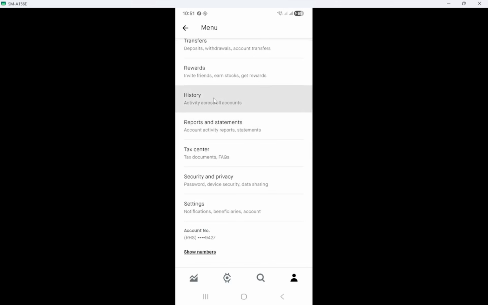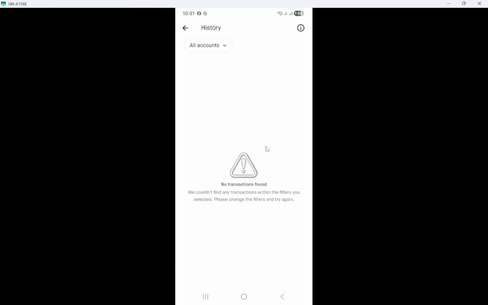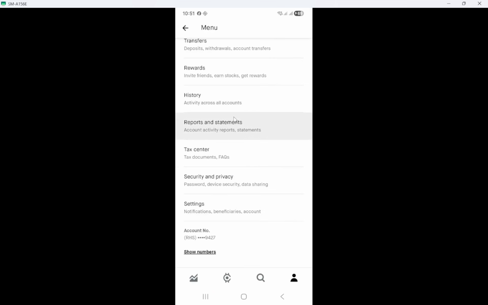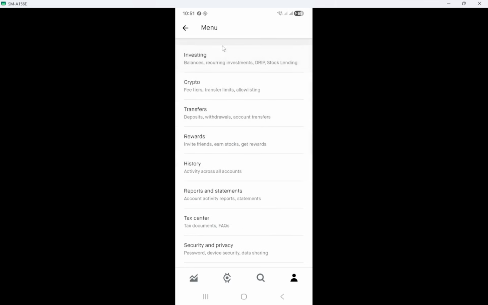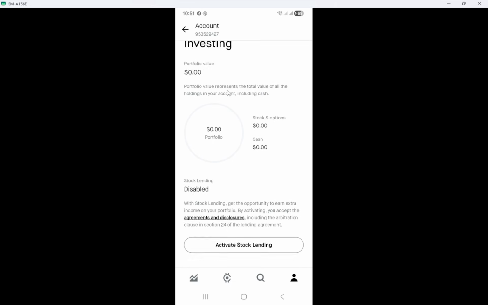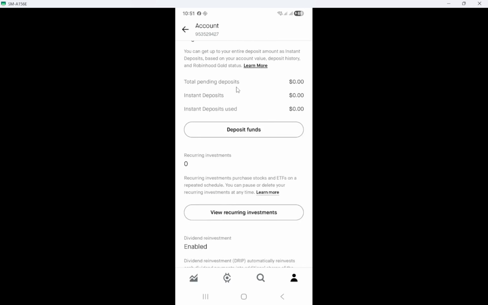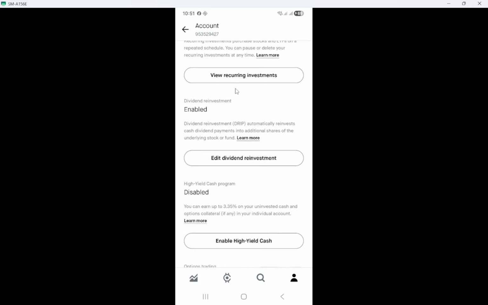A few important notes to keep in mind. Only eligible dividend-paying stocks and ETFs that support fractional shares can use DRIP. Additionally, if you have an account deficit or a margin call, dividends may be applied to the amount owed instead of being reinvested. Reinvested dividends are still generally taxable in taxable brokerage accounts. These insights are important because they help you understand the financial implications of using DRIP. It's all about making informed decisions for your investment strategy.